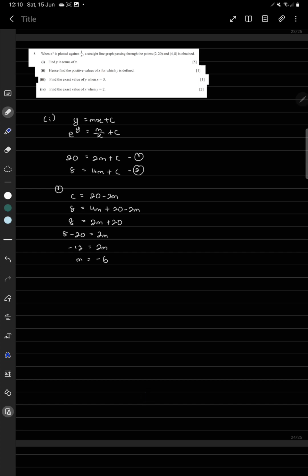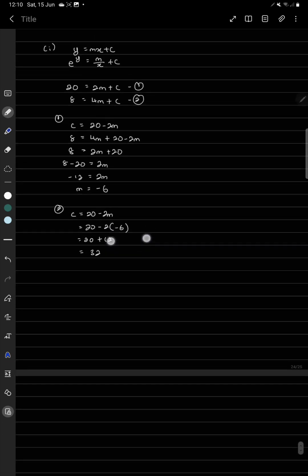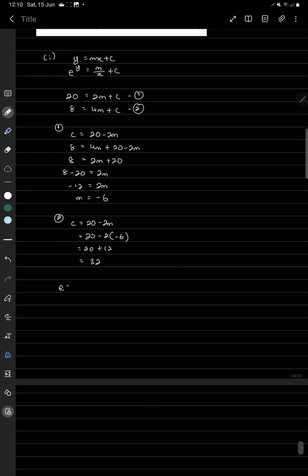Now we're not done. We're trying to find the next part, which is c. So taking c equals 20 minus 2m, our m is negative 6, so we're going to substitute that into this m here. So then we have 20 plus 12, and c is equal to 32. Now we're kind of halfway there, so we're going to keep going. Now, using the formula, e^y equals, our m is actually negative 6, so negative 6 over x plus